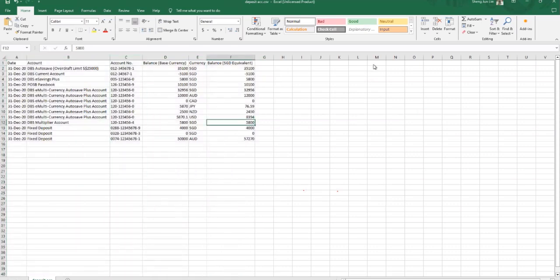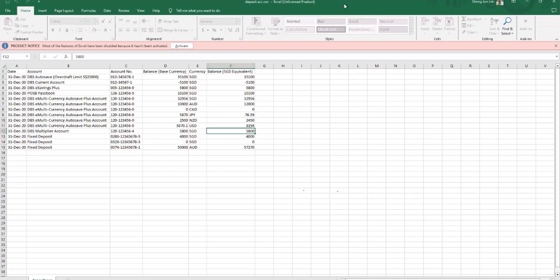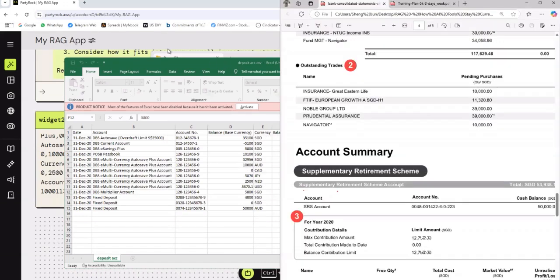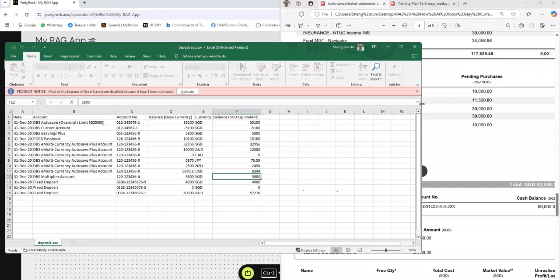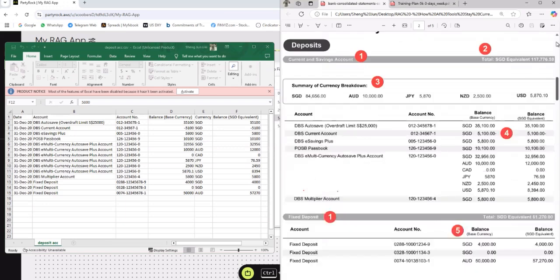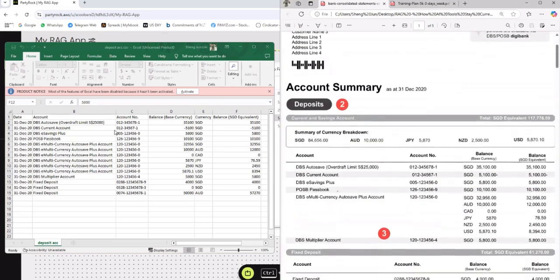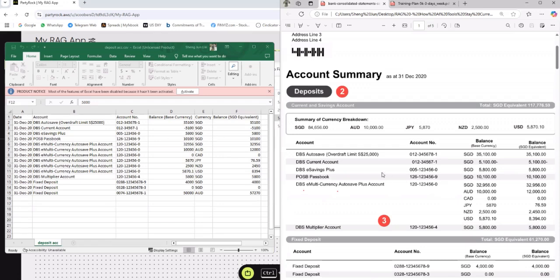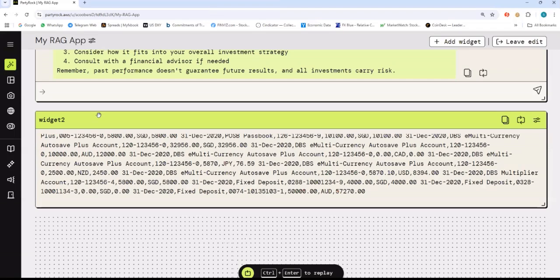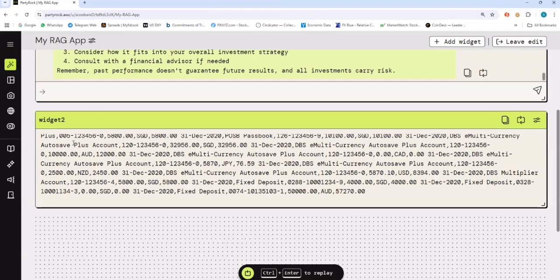Let me compare that with this. You can see that, great, I'm able to convert this into an Excel readable format with my own customizations. So this is the power of how you can use RAG with your own files to help with your productivity. I think that comes to the end of my demonstration.